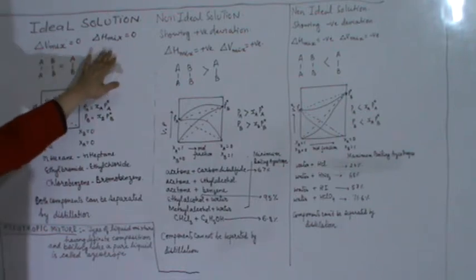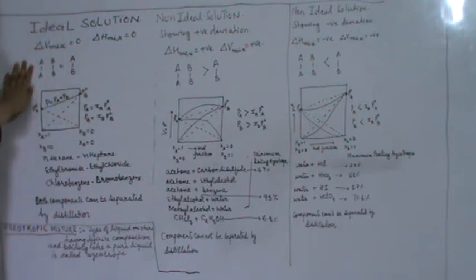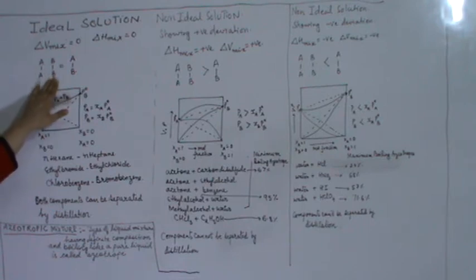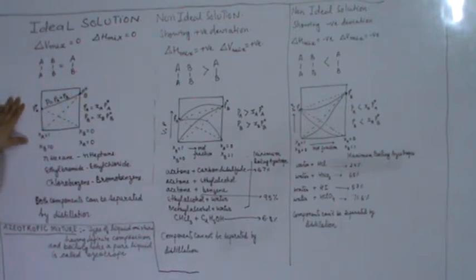And delta H mixing is also 0, meaning when solute is mixed with solvent, neither heat is absorbed nor heat is evolved. Neither is the solution cooled down nor heated up. And the interaction between solute particles and the interaction between solvent particles is equal to the interaction between solute and solvent particles. If we draw a graph